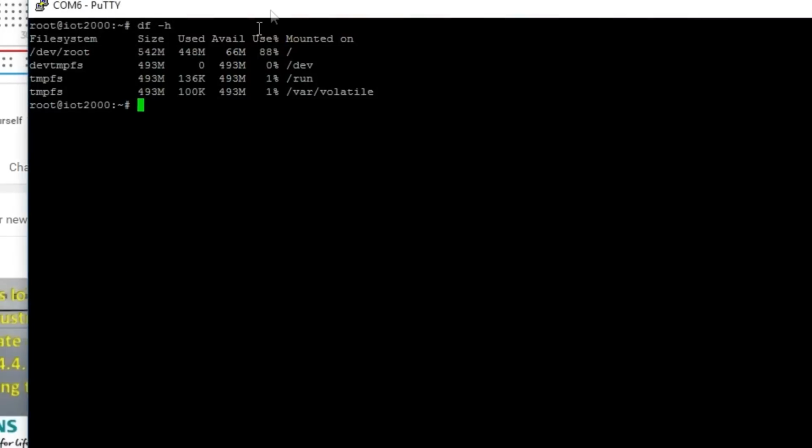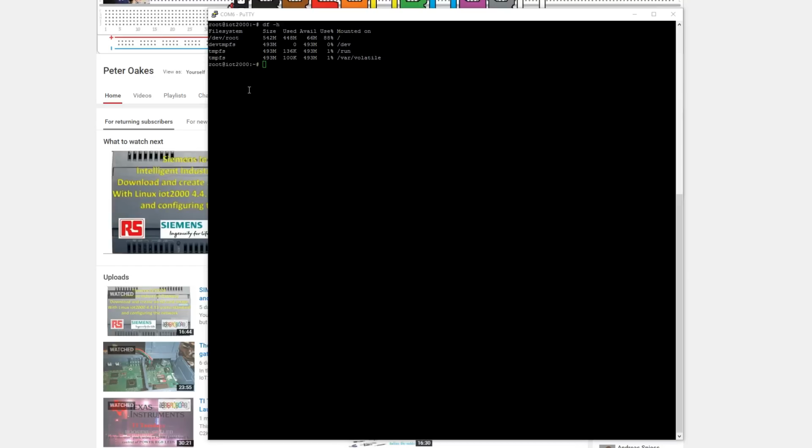Okay, so first thing we've done is I've connected to the IoT2020 and I've done a df -h to confirm that I indeed have a very limited amount of SD card space available to me in the file system. So the first thing I want to do is to remove the existing partition space. To do that I need to use the fdisk command. So if we look at the partitioning, I happen to know that the file system I want is